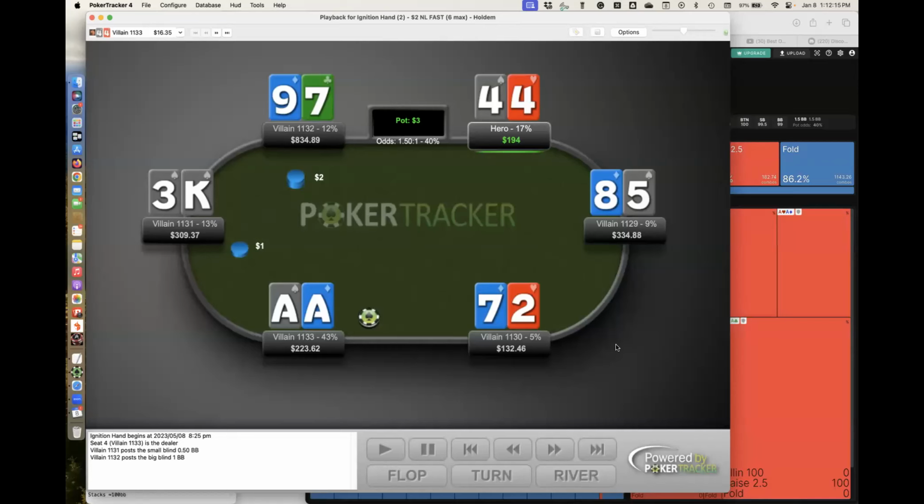This is a cash game study session where we get to see everybody's cards face up, so we get to see just how wrong I played. We are playing NL 200 on Ignition, and we're now going to switch this back from dollars to big blinds